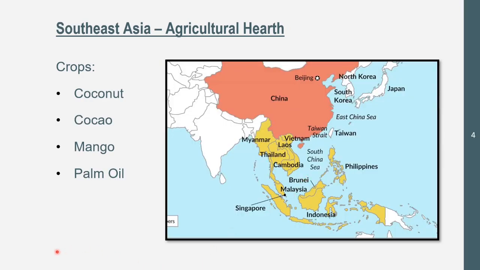Now we got Southeast Asia. The four crops that you should know are coconut, cacao, mango, and palm oil. Now rice is also a big one, but I didn't put it in there because you probably already know rice is grown there. As you can see, we have the West Indies, Myanmar, Thailand, Vietnam. So that's what the South Asia region is. If you don't know your regions of the world, I would recommend learning them. And then Southeast Asia, of course, includes